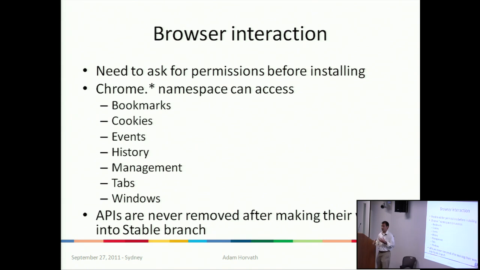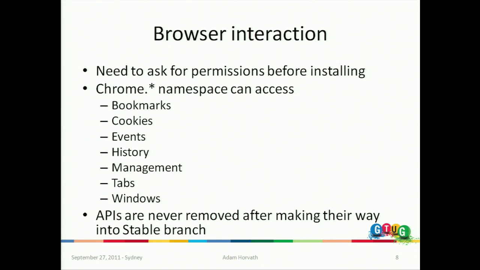So how can you interact with the browser itself? Google created a custom API set for just the extensions. These APIs are not available for web pages themselves, only for extensions. So you can interact, for instance, with bookmarks, cookies, and whatsoever, open up tabs, close tabs, and so on. So basically, you are driving the browser itself. There are limitations on what you can and cannot do, but you can pretty much interact with the browser itself,